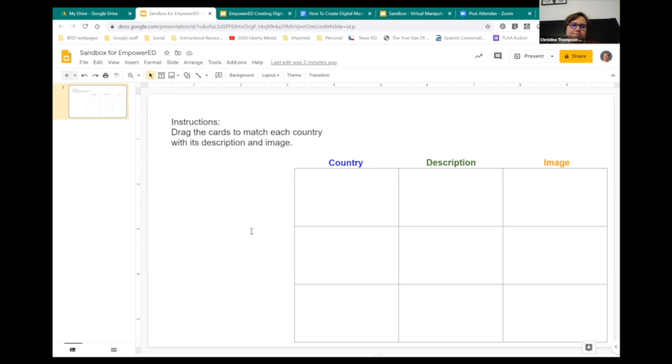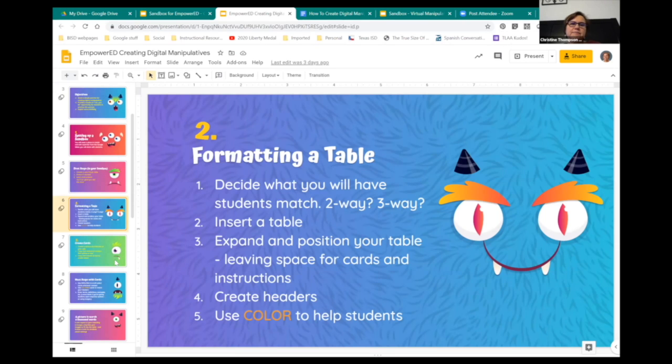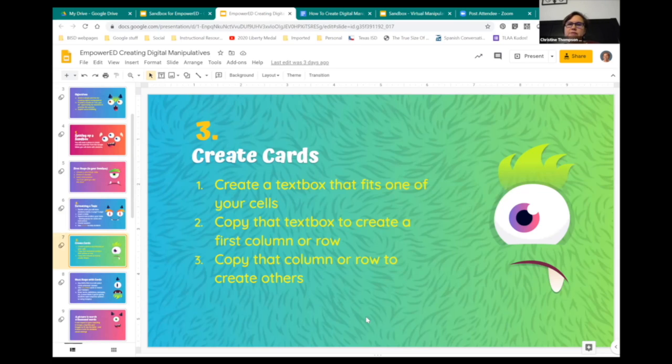All right. So our next step is going to be to create our cards. And the way that we do that, oh, wait. What do we got in the chat, Shelly? We did have some people verify for us that the keystrokes do work on a Chromebook. Okay, so that's great. That's good news.